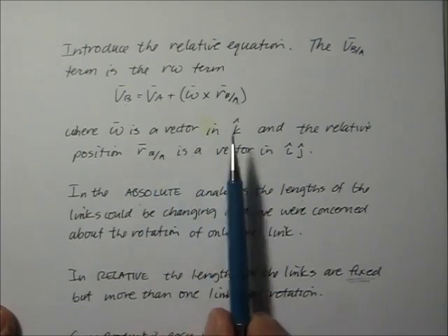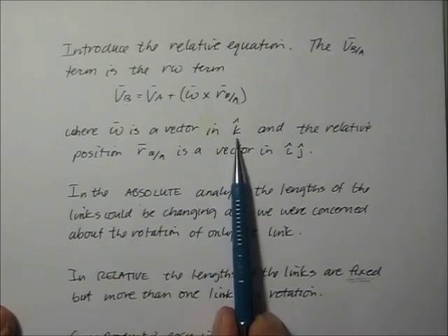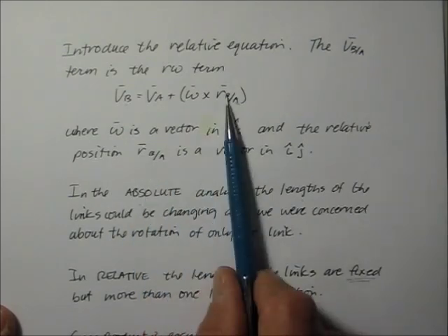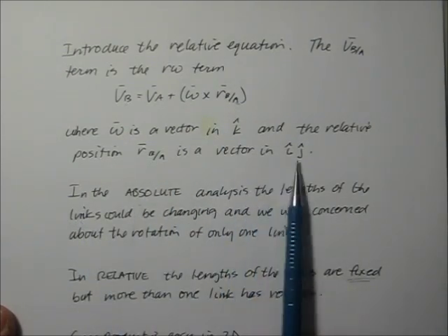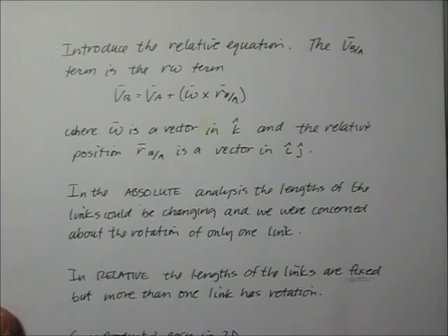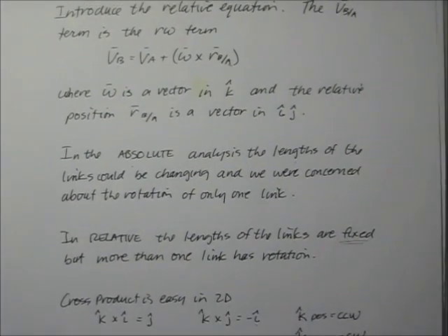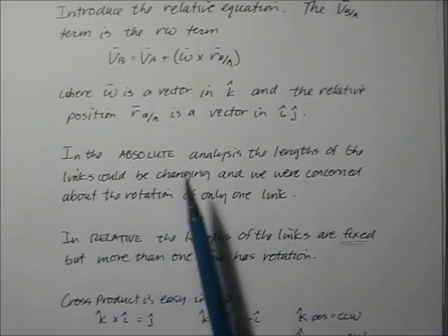Omega now is a vector. It's going to be in K space, vertical space. The relative position term will be a vector in I and J space. Okay, recall from our work with absolute that in the absolute analysis, the